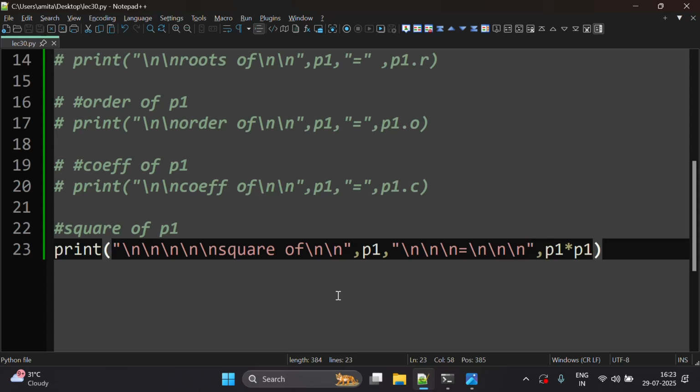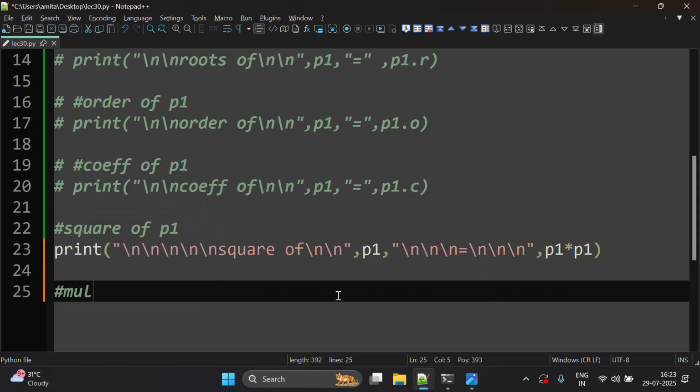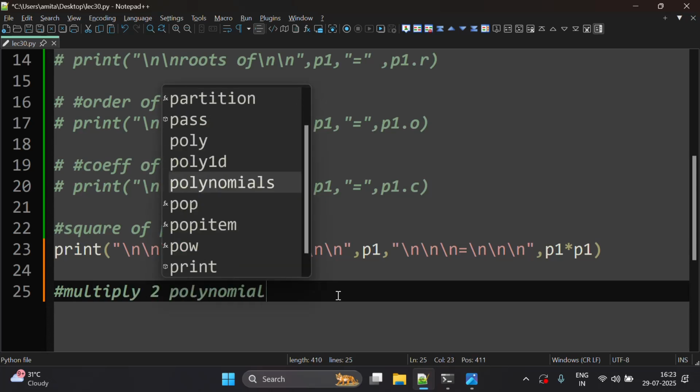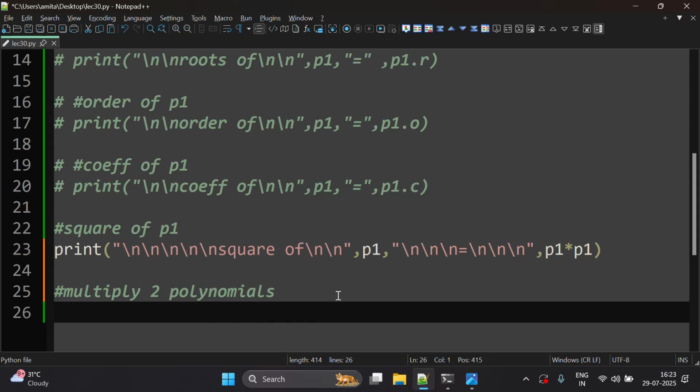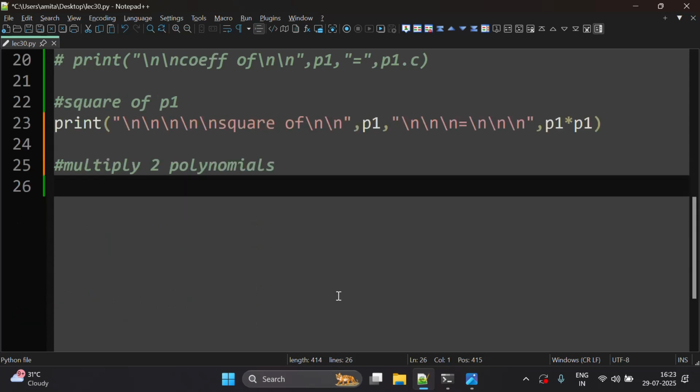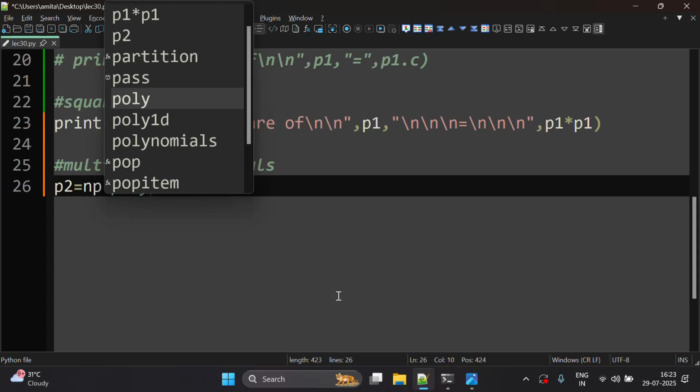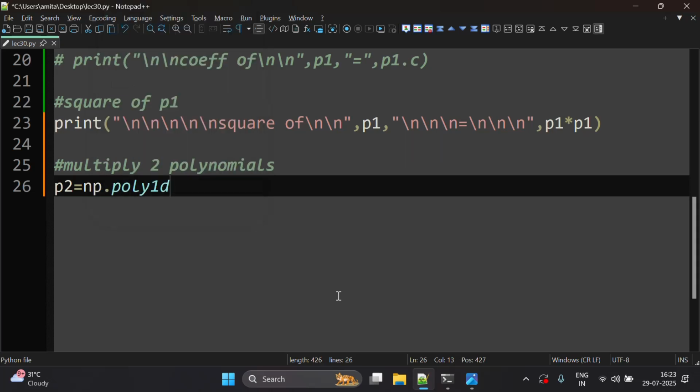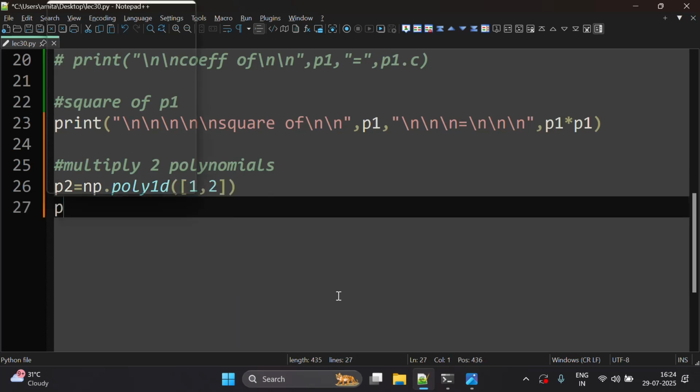So if you want to multiply two polynomials, then what we will do, first we will make one polynomial p2. p1 we have already made. So here we will write p2 is equals to np.poly1d, and then let's say we write 1 comma 2, and then we will print, we will also give space,